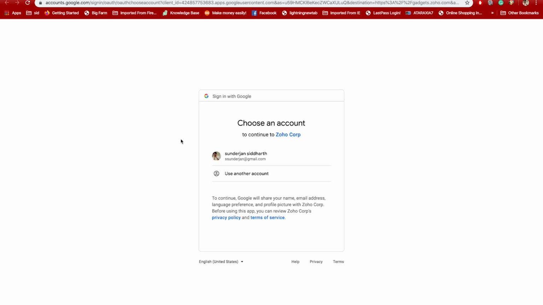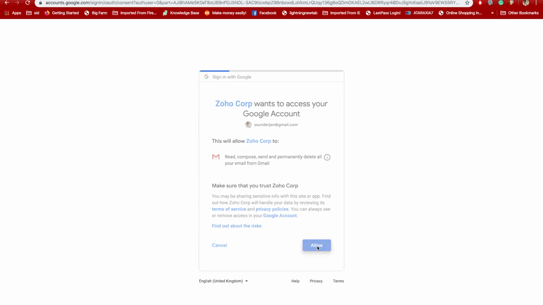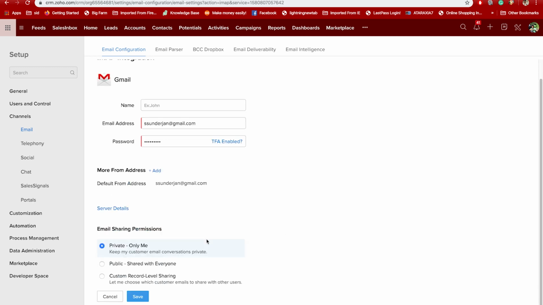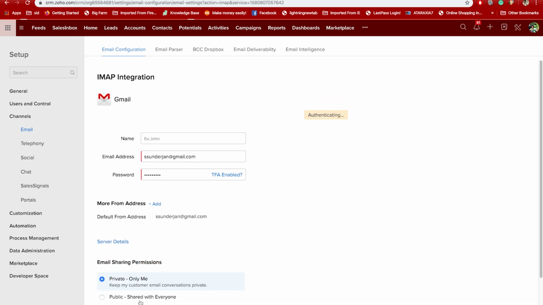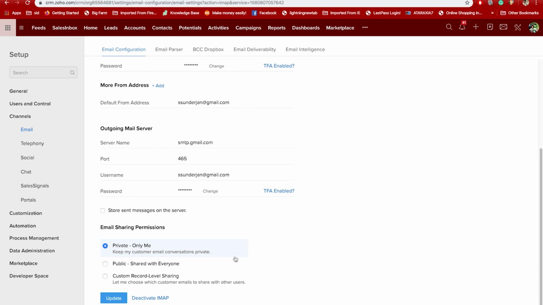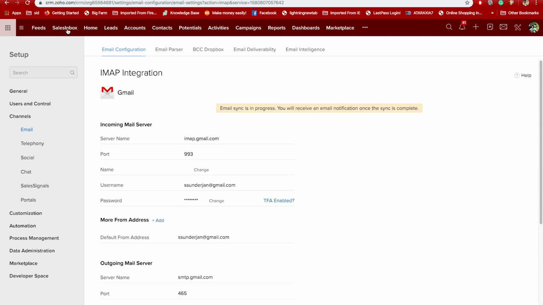Sales Inbox can be configured only under IMAP. And your sync is in progress. This might take a couple of seconds for all the emails to come in.